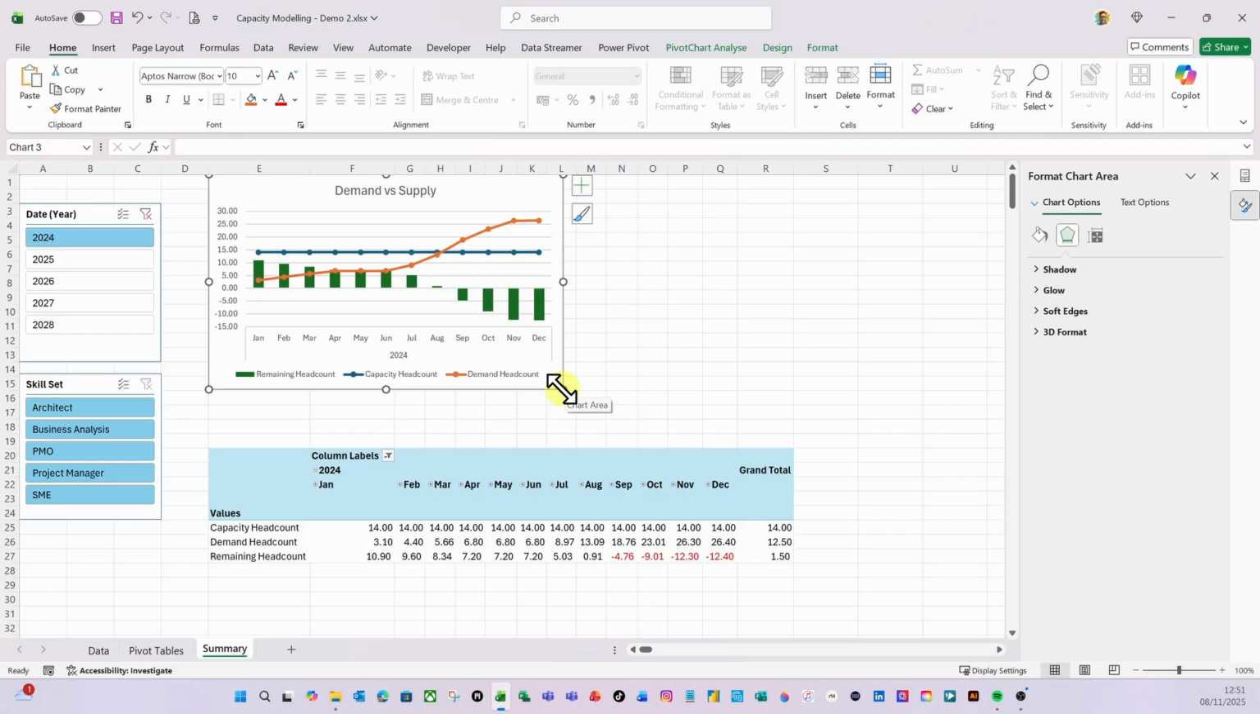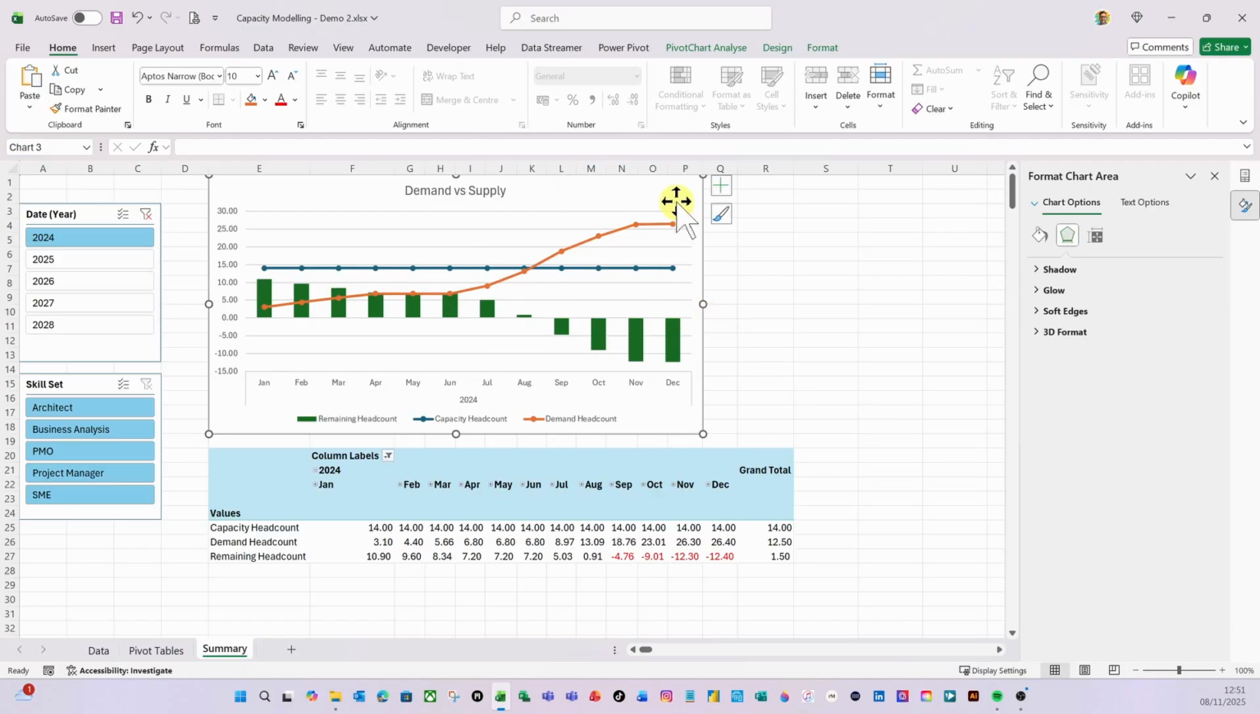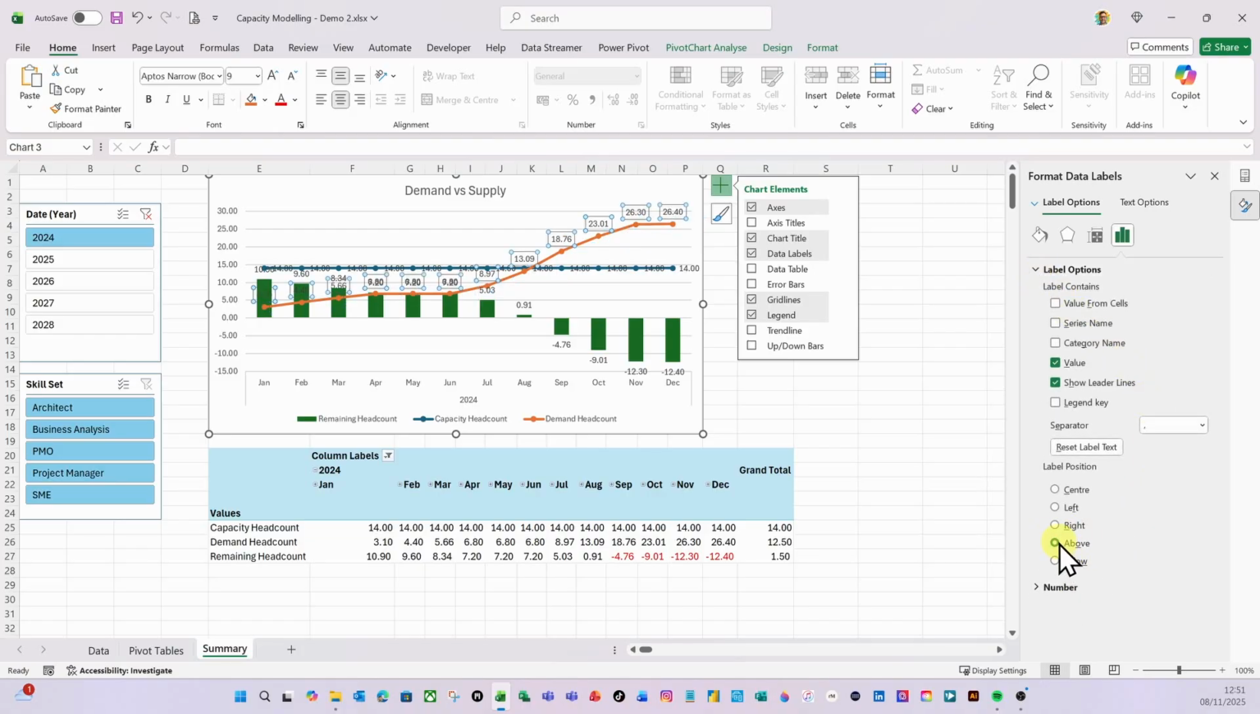And I am going to, again, hold down the Alt key just so this snaps. I'm going to move that to there. I'm going to add some data labels. Let's take that one. Label options, I'm going to make that above. Let's make that above as well. And again, I want this to show as a red,